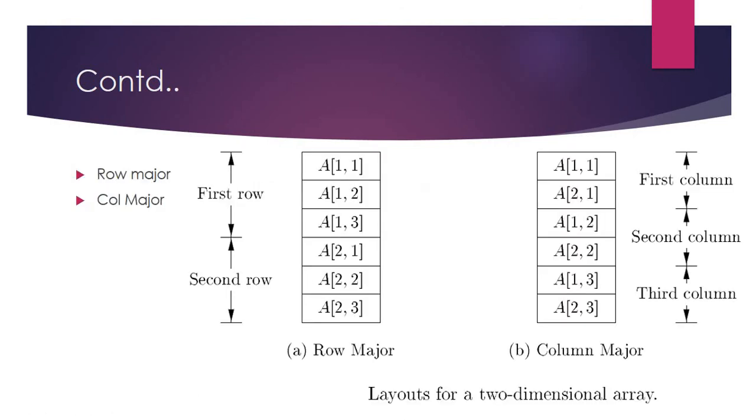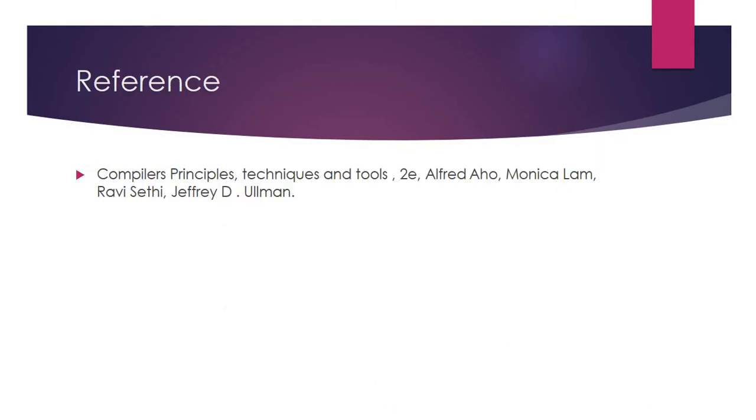We have already discussed that there are two ways of representing a two-dimensional array: one is the row major way and the second is the column major way. If it is row major, first row values will be stored first, then the second row values, then the third row values, and so on. If it is column major representation, first column data will be stored, then second column data, and then third column data. So this is the way the intermediate code generator will be using the array notations and accessing the array elements.